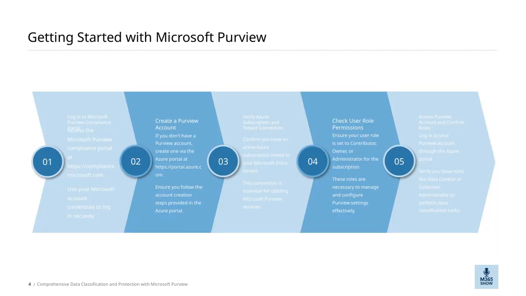All right, let's get started with how to set up your access to Microsoft Purview. First, you'll want to go to the Microsoft Purview Compliance Portal, which you can find at this URL, https://compliance.microsoft.com. Use your existing Microsoft account credentials to log in securely. This is your first step in managing your data classification and protection. If you haven't created a Purview account yet, don't worry. You can do that through the Azure portal at https://portal.azure.com. Just follow the account creation steps there, making sure everything is set up correctly so you can start leveraging